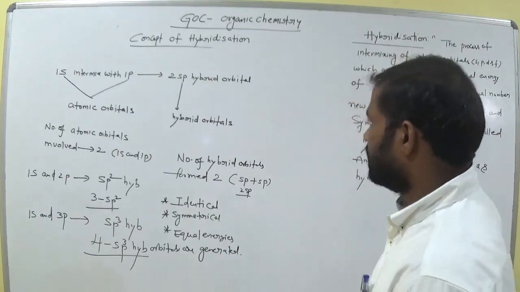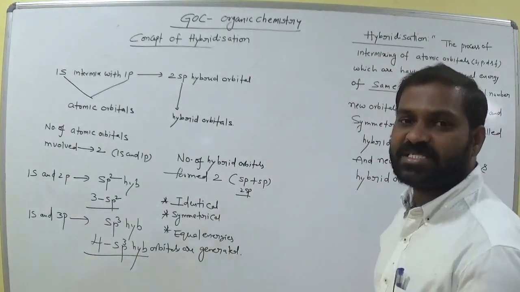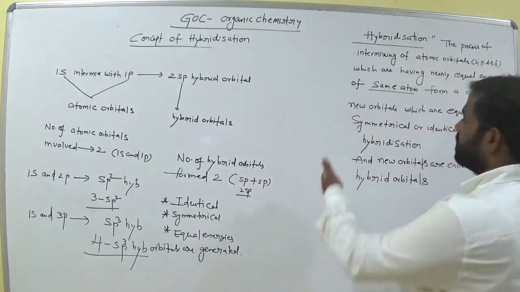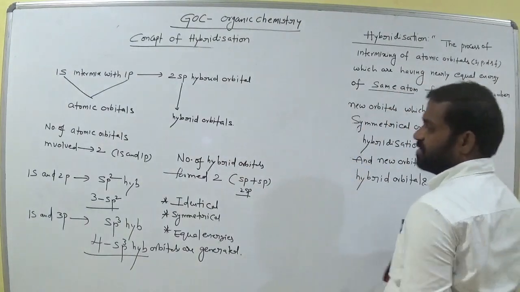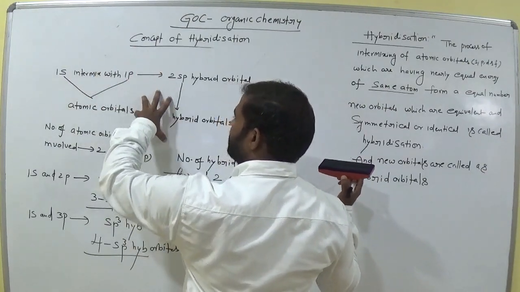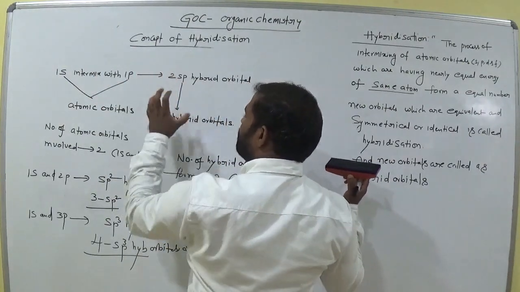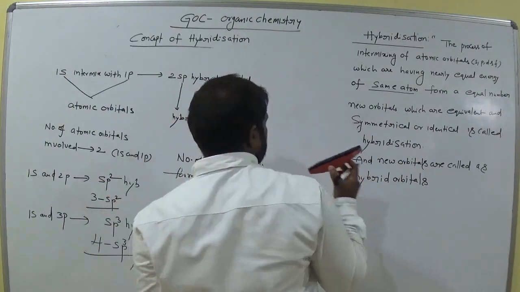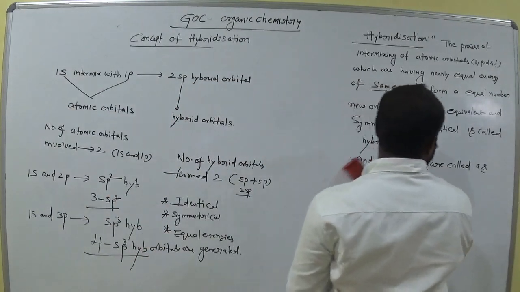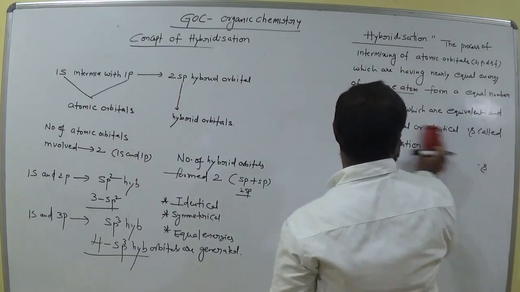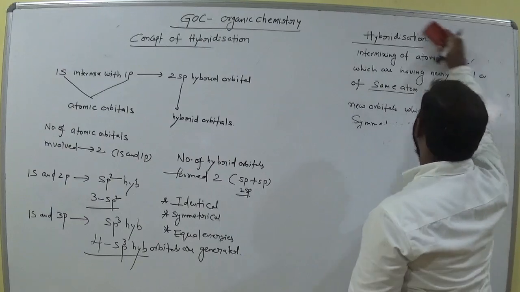Remember this. So sp, sp2, sp3 are called hybridization. That is the definition here: nearly same energy atomic orbitals undergo intermixing and form new hybrid orbitals which have the same energy, and are almost identical and symmetrical. This phenomenon is called hybridization, and the newly formed orbitals are called hybrid orbitals. Is it clear to all of you?